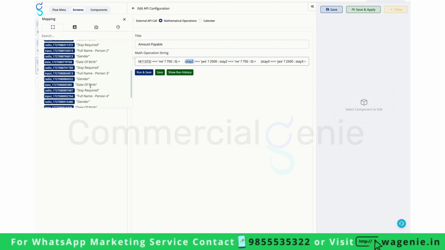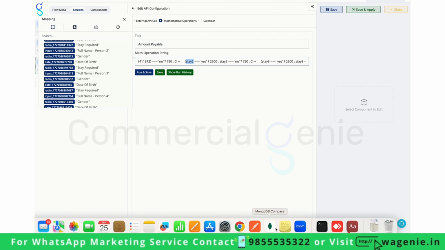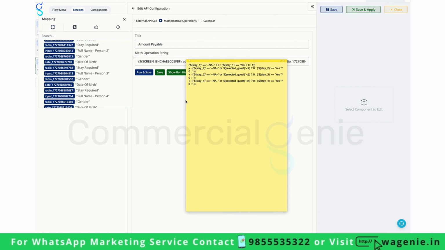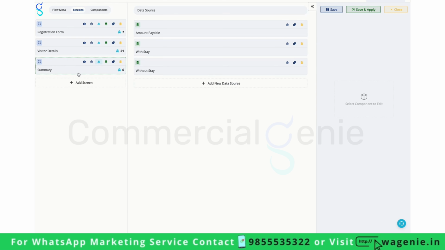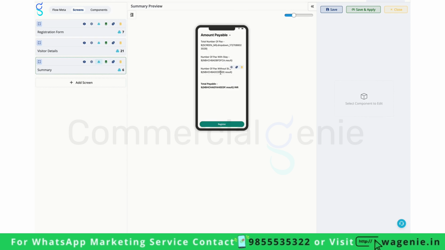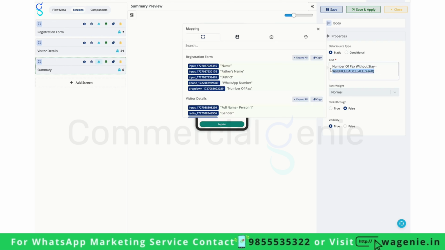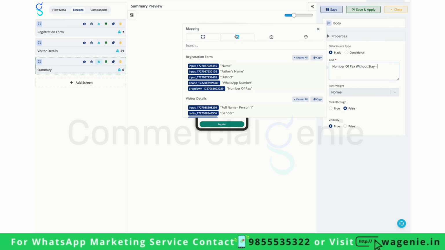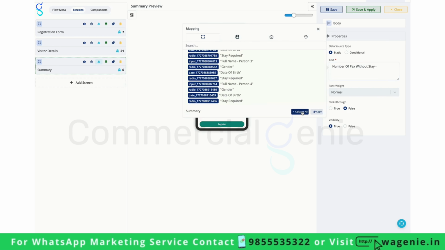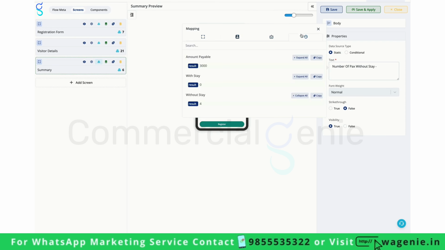Now, like this you need to replace for all the fields from here, and this is again the same formula that we saw here. So once you do this, this needs to be done on the same screen where you want to show this. So once you have created this data source, this is a text body field, and you can enter the value from here, from the registration form summary. Oh, yeah, sorry, from the history here.